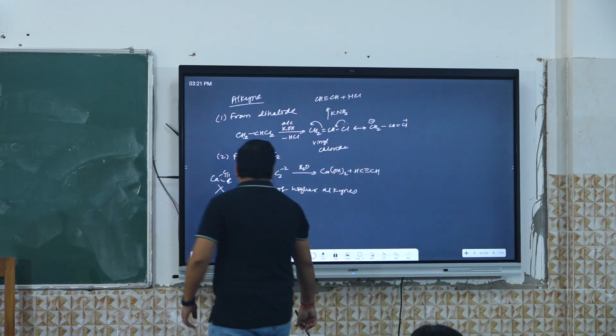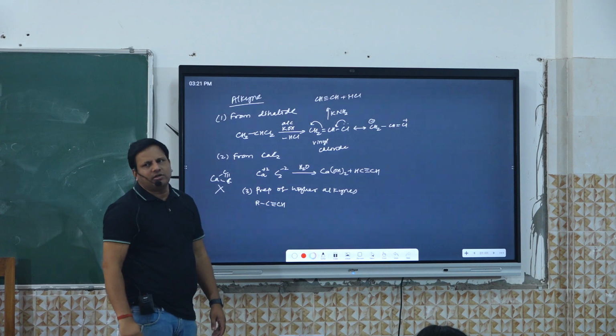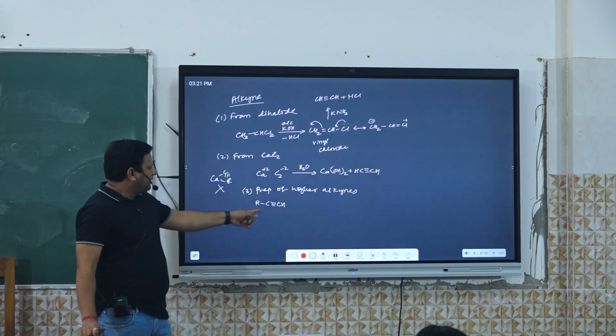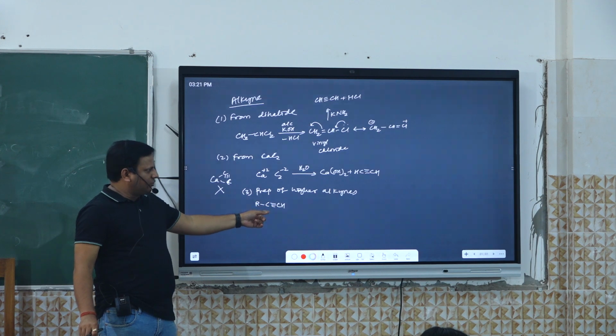So this is a terminal alkyne, and we know terminal alkynes contain acidic hydrogen. So this one is the acidic hydrogen. Since this is acidic hydrogen,